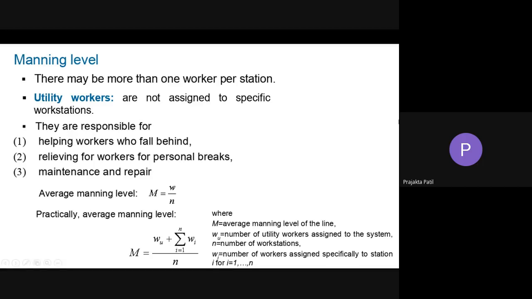So this same equation that we have here, where M equals Wu plus summation of Wi, i equals 1 to n, divided by n, when you sum it up, you get this average manning equation, that is M equals W upon n. So in most of our calculations, you will be